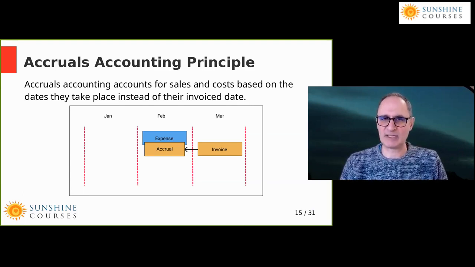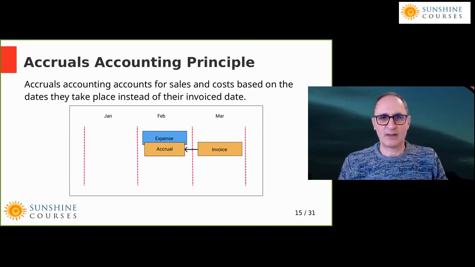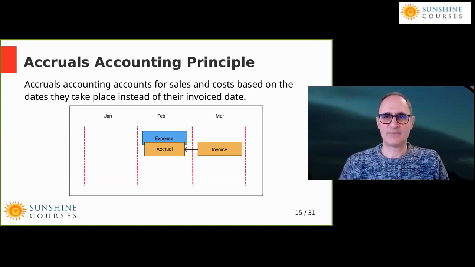So that might seem a bit strange, but it happens quite often that there'll be expenses where the invoice date does not represent the date on which the expense or sale actually took place. And we'll mention a couple of them, but it's the principle I want to identify. And I want to start off with accruals and start off with the easiest example, which is we're going to account for costs in the month of February,